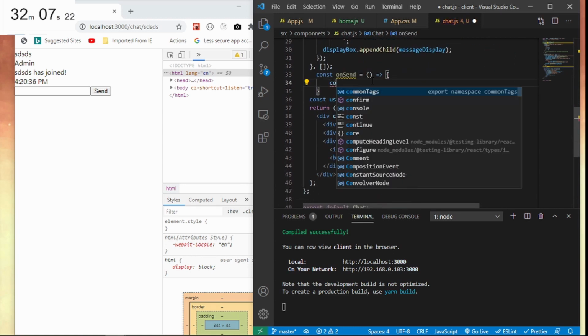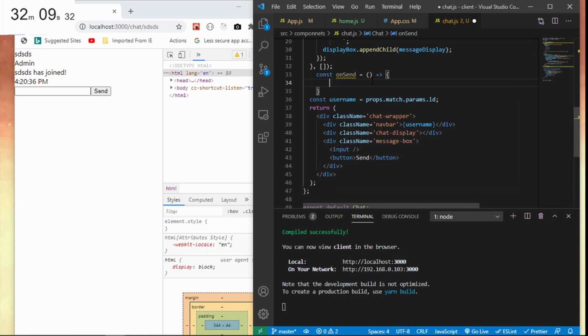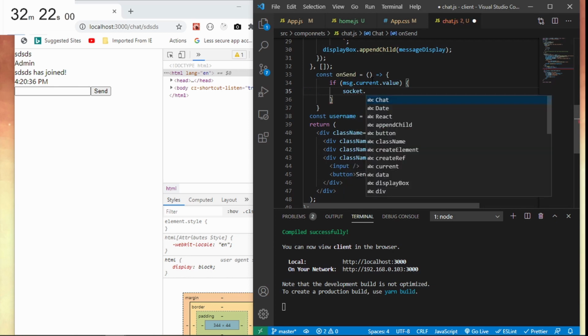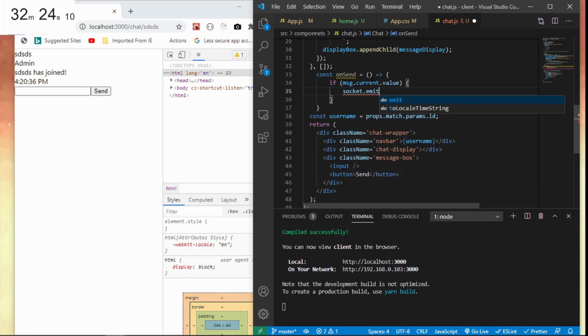Come over here and if message.current.value is present, socket.emit send message,